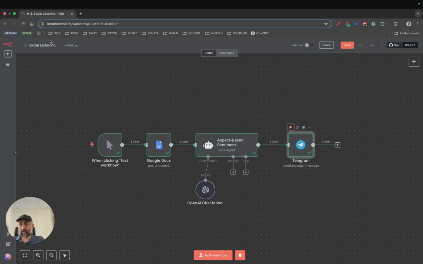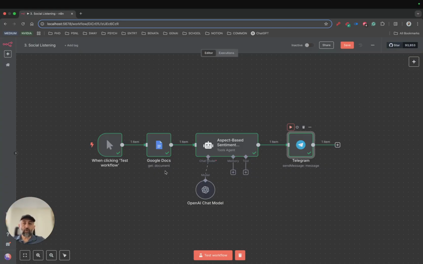I called my use case social listening, as this solution is supposed to listen to one of the socials of an entity, which in this case is Google Maps. So what I did was I used the terminal and curl command to call Google Maps and collect comments and customer feedback of one grocery store in Vancouver.